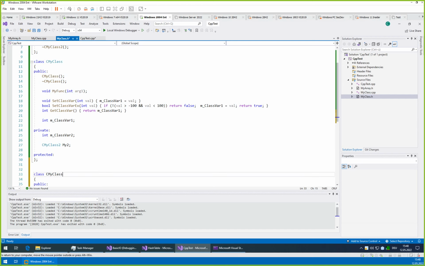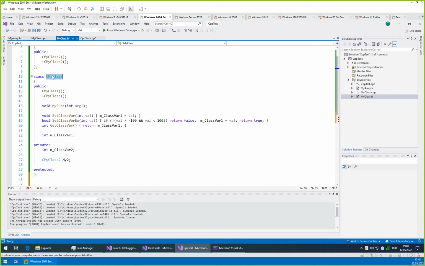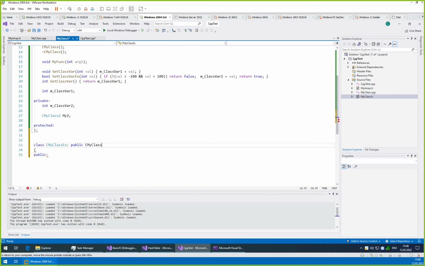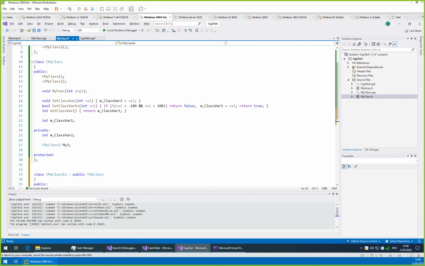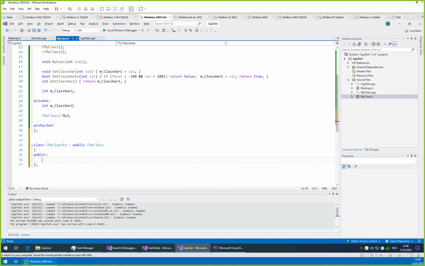Let's call it myClassX. We need to say which access the parent class will have, so we say it's also public. Then we give the class name of the parent class, and inside this we can create a new constructor and destructor if we want to.